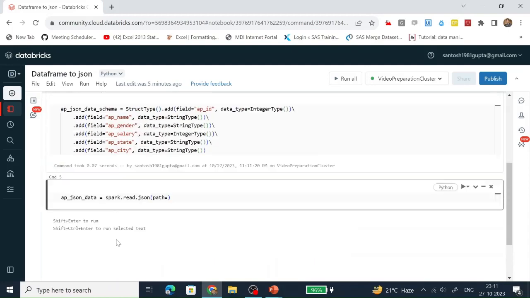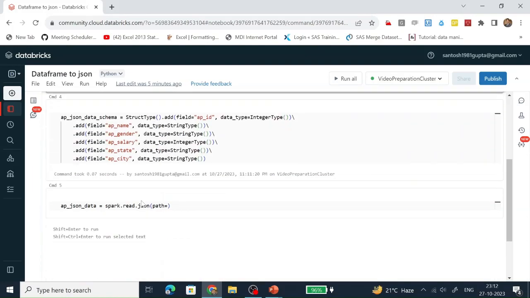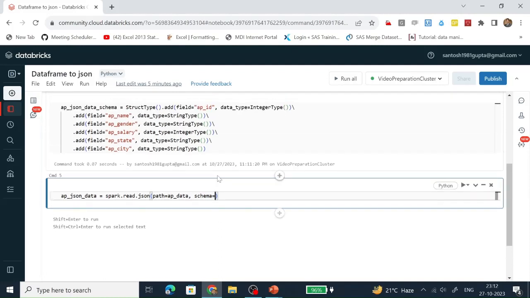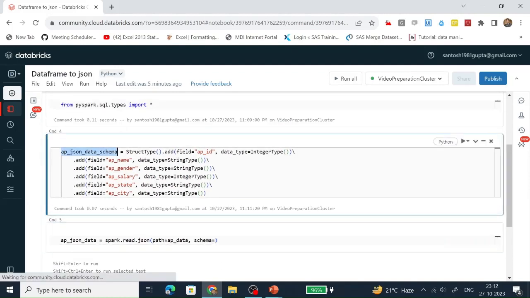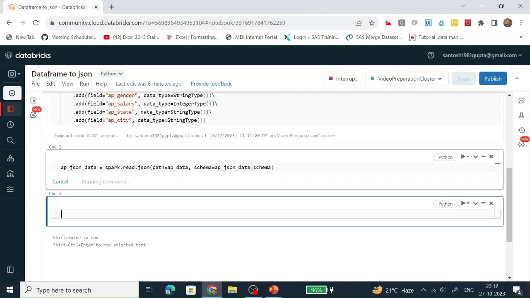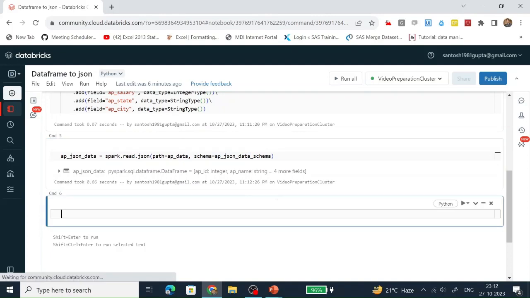The value of the path parameter is this one, which we have already defined. We are reading this JSON document with the help of a custom schema. So schema is a parameter. We are going to pass this custom schema which we have just created as the parameter value. This data frame has been created successfully.